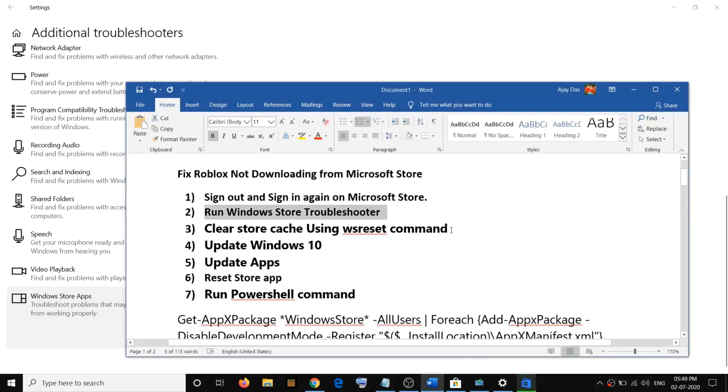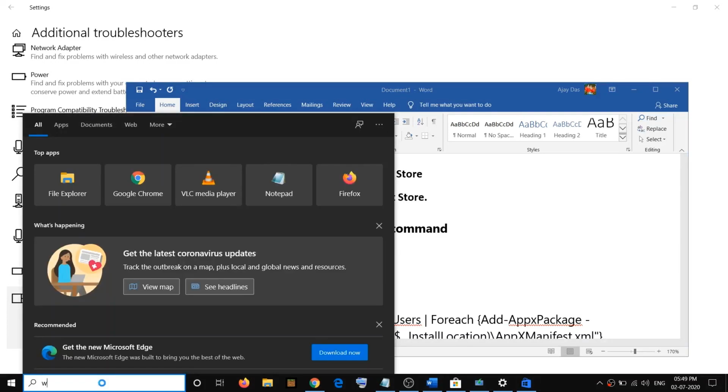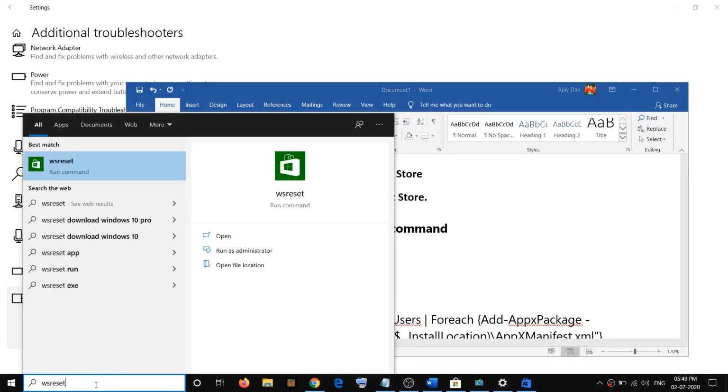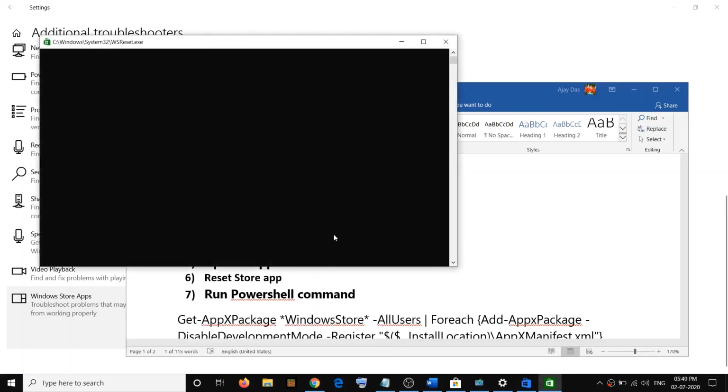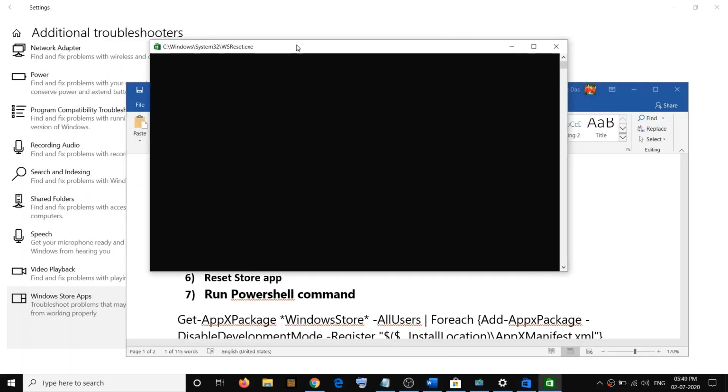Now if you are still facing the problem, then you can go ahead and clear store cache using wsreset command. So just type in wsreset in Windows search, then right click on wsreset and then click on run as administrator, then click on yes. And here you will see this black screen. So do not close this black screen, and this black screen will go away and the Microsoft Store will open up. So till then you have to wait. Do not close this window.